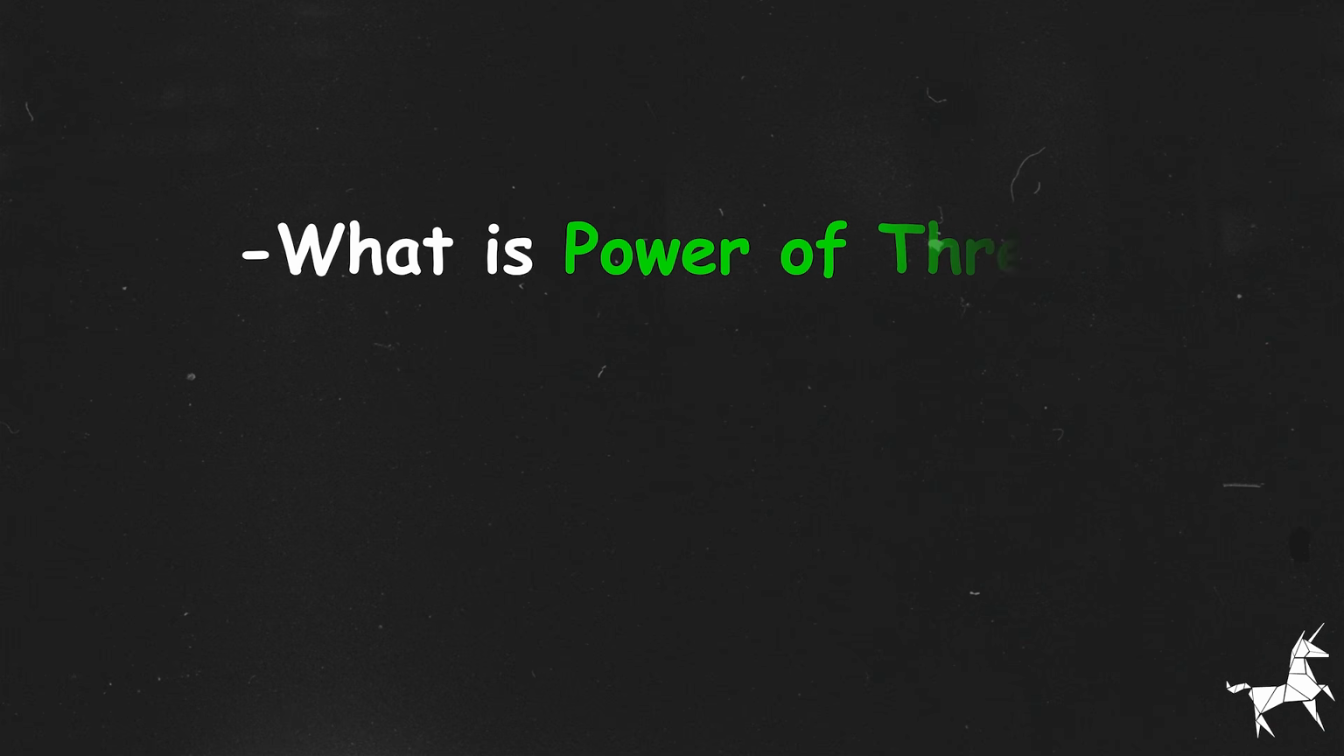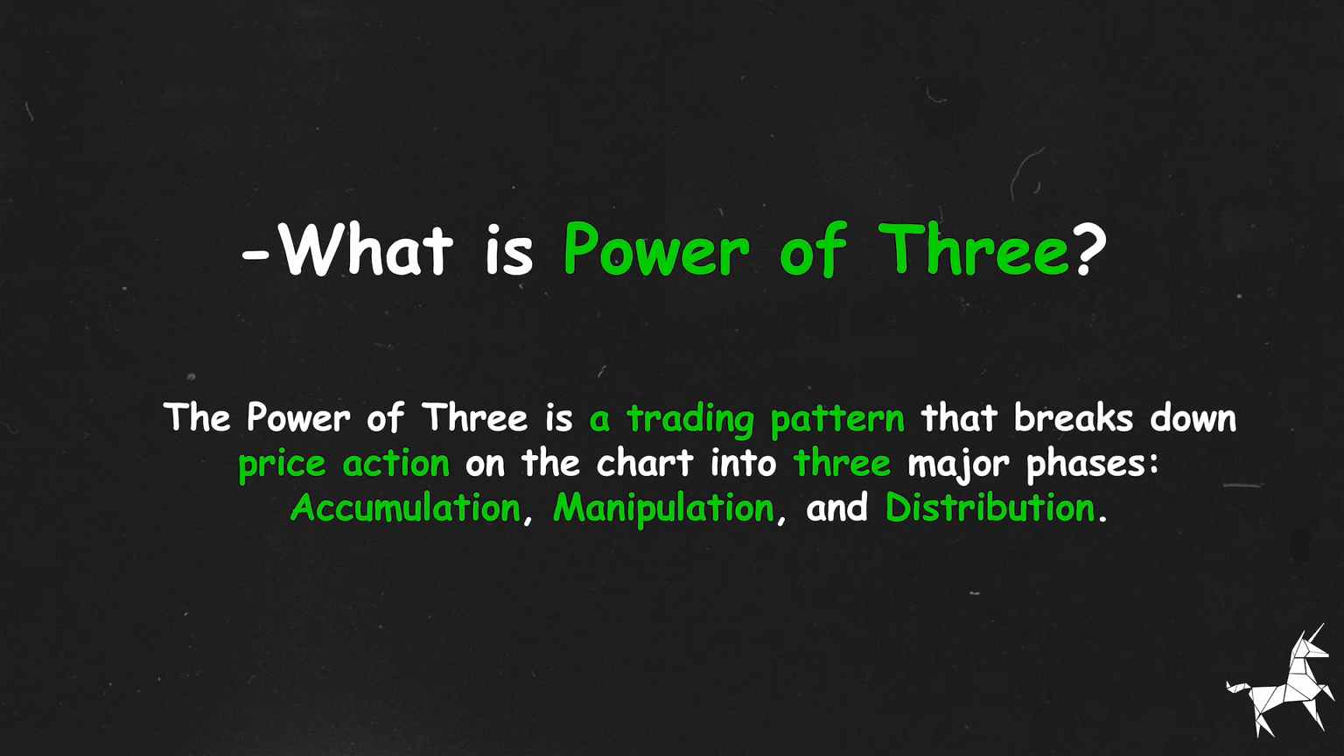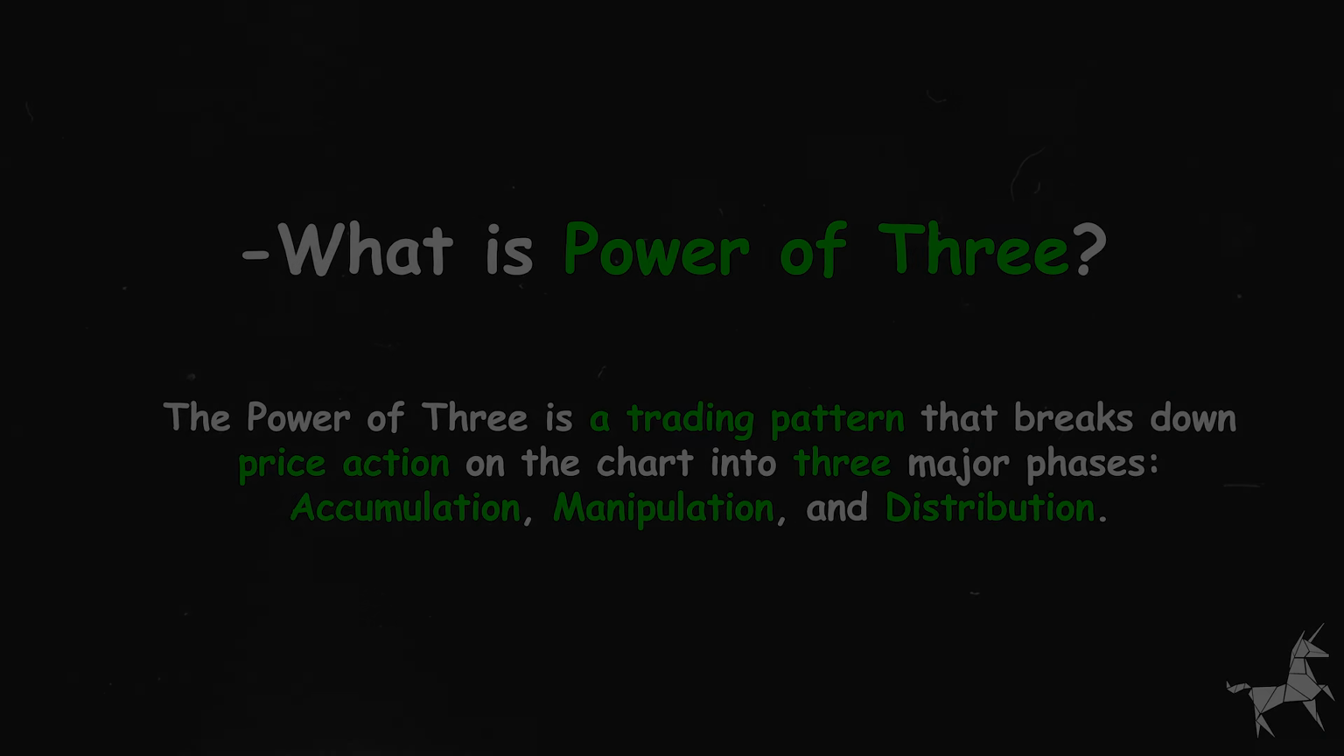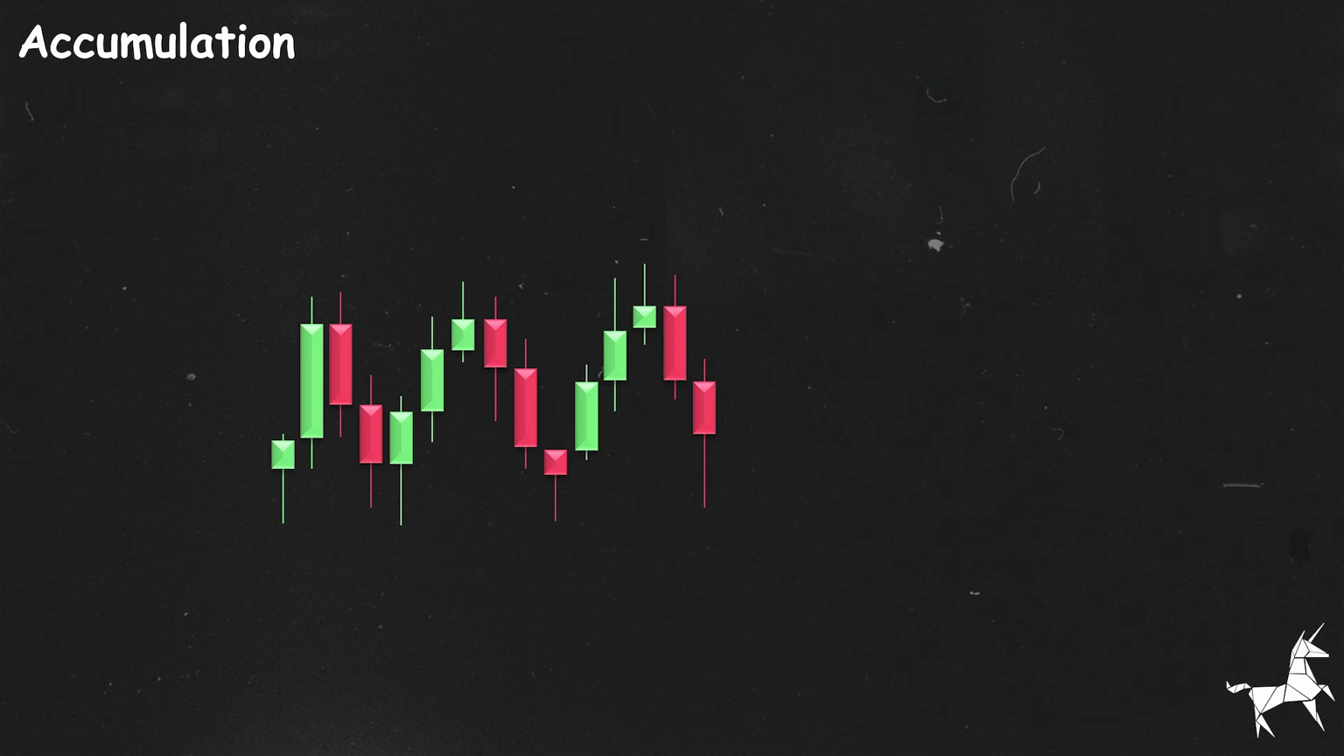Welcome back. Let's get started. So, what is the power of 3? The power of 3 is a trading pattern that breaks down price action on the chart into 3 major phases: accumulation, manipulation, and distribution. The accumulation phase, as the name suggests, is a period of consolidation where the price lacks